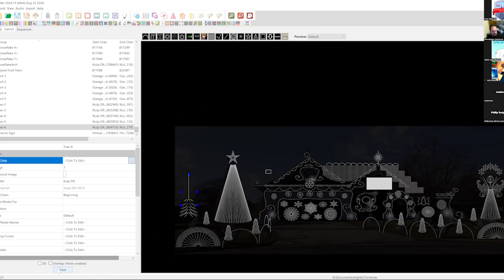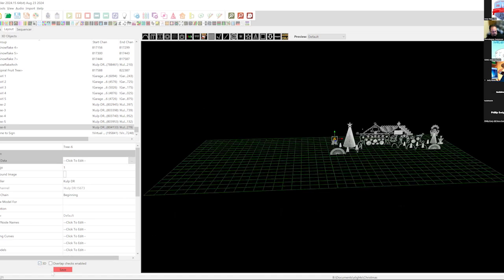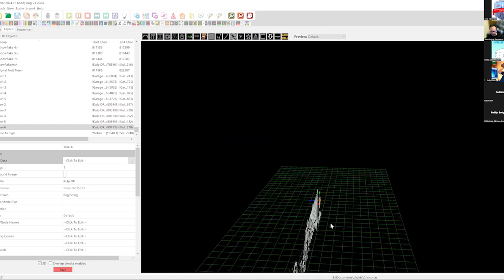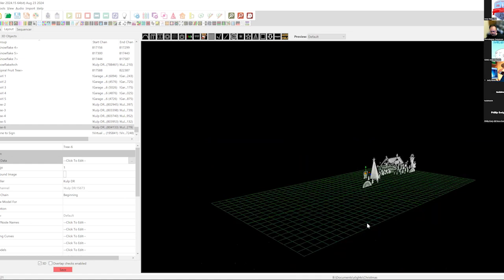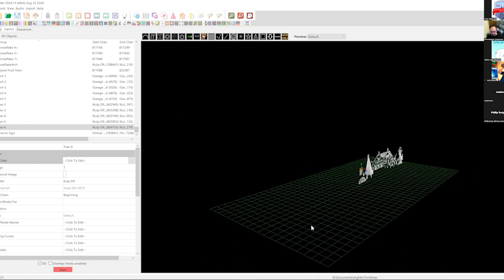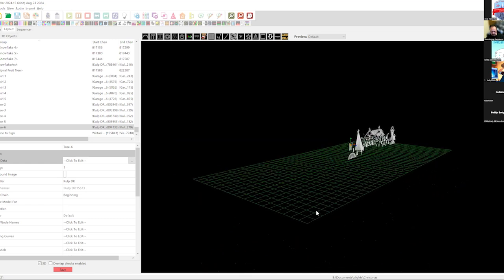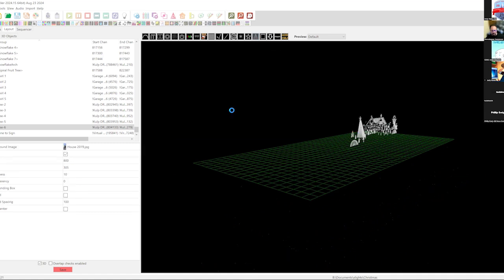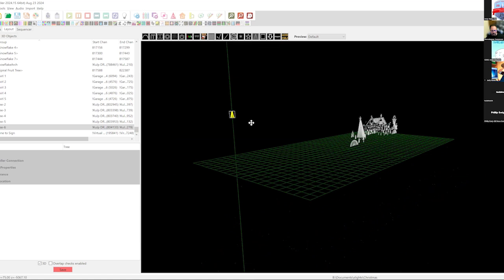Let me show you something that's kind of neat that I recently did, and I'm going to switch over to 3D. Now my layout is flat, as you can see, because I don't sequence in 3D simply because it's just not required for what I do. But let me show you something that's kind of neat. Did this with developing some models for a fireworks piece. All right, so I'm going to bring out create a tree,